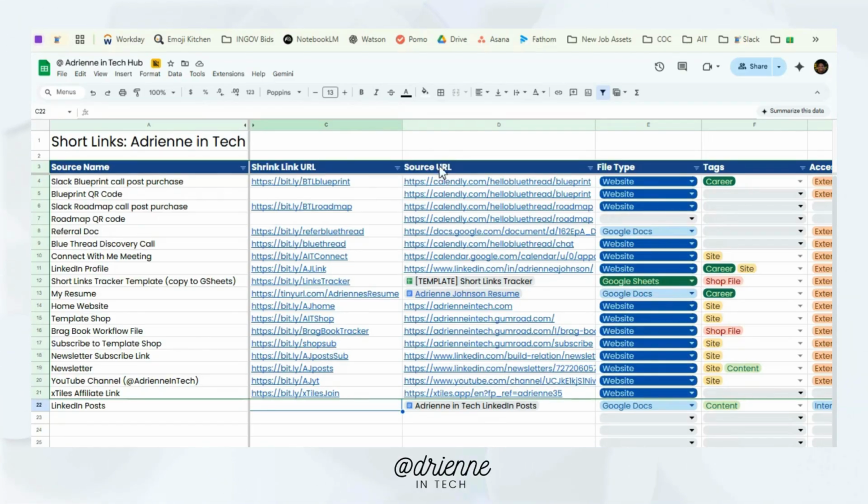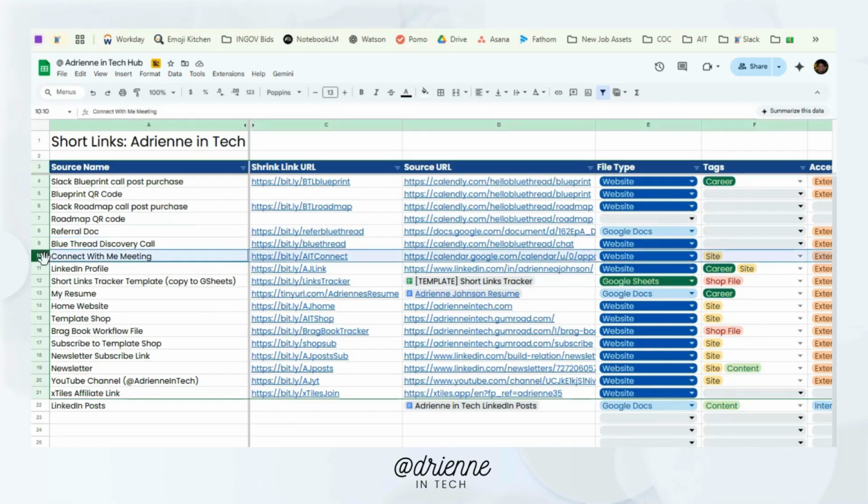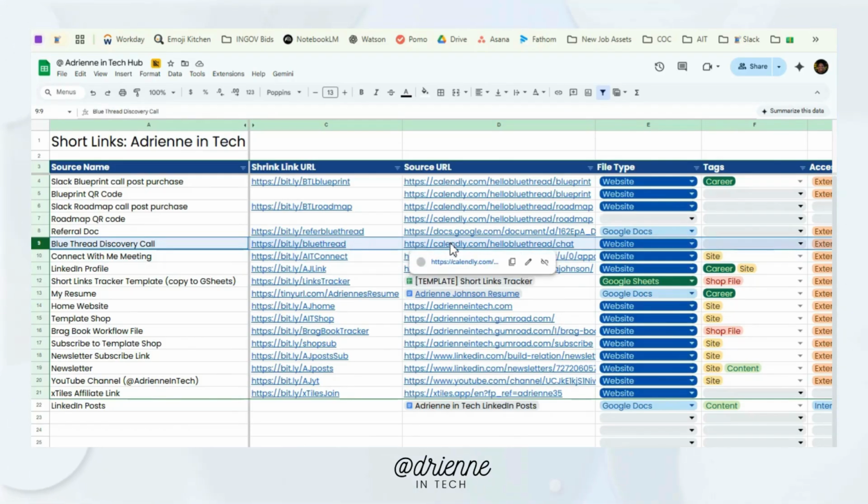For example, I'll give you an example of this actually in real time, because what I have here is I created a link for calls, right? So I have calls for my business and then also calls for people who want to connect with me personally. And for the Connect With Me meeting, which is what I use for this, I use Google Calendar because it comes with my Workspace subscription. And I just haven't changed it. It's not something I love per se, but I haven't changed it, right? But I have changed my business discovery calls to go from Google Calendars to Calendly.